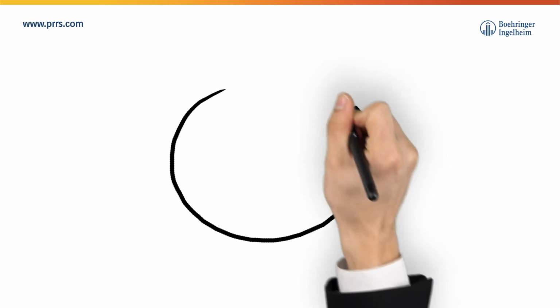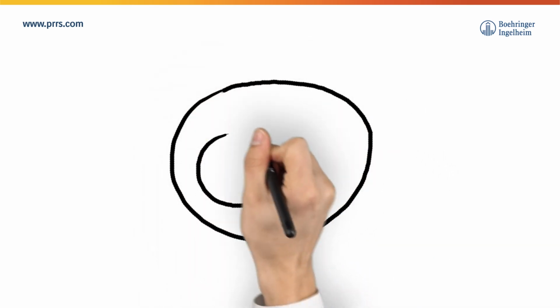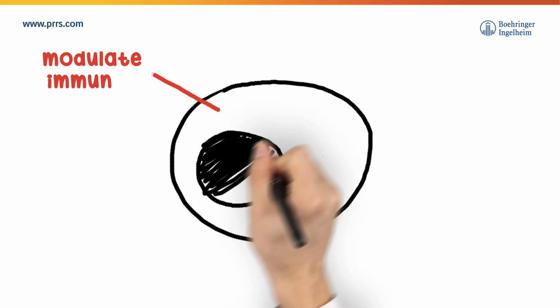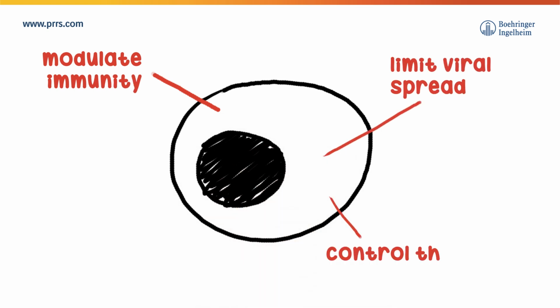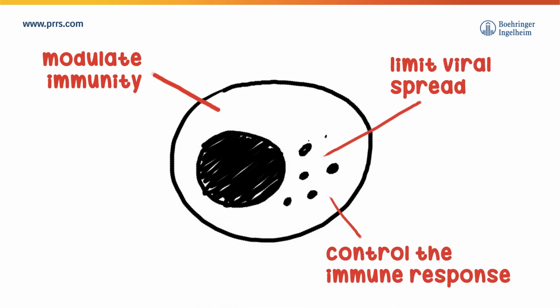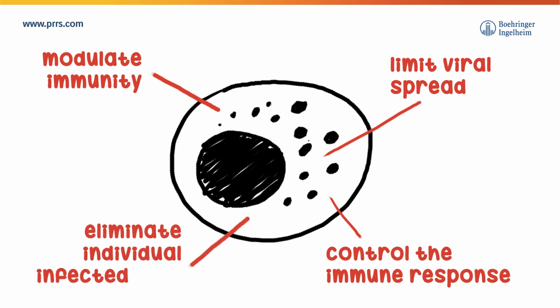T cells play a central role in the direct effector response to infection. Through the production of specific cytokines, they are able to modulate immunity, limit viral spread, and control both the intensity and the duration of the immune response. T cells can eliminate individual infected cells, helping to curb viral propagation and spread to other cells. Finally, while not as specific as antibodies, T cells can recognize proteins which the virus must use to replicate, thus allowing T cells a greater breadth of reactivity to the ever-evolving PRRS virus.